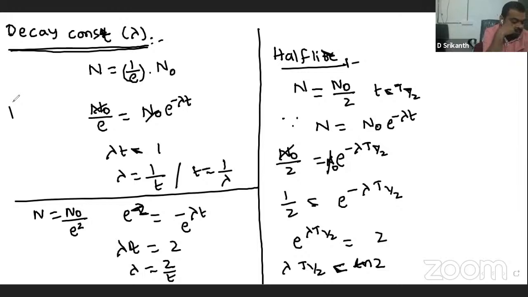Write down the decay constant for a given radioactive sample is defined as